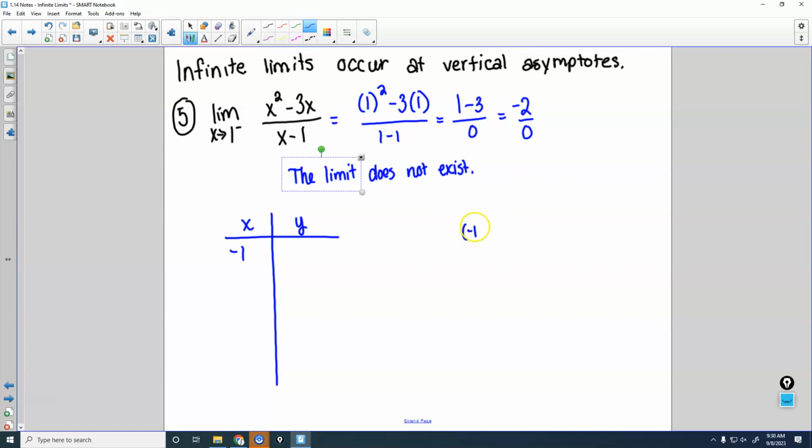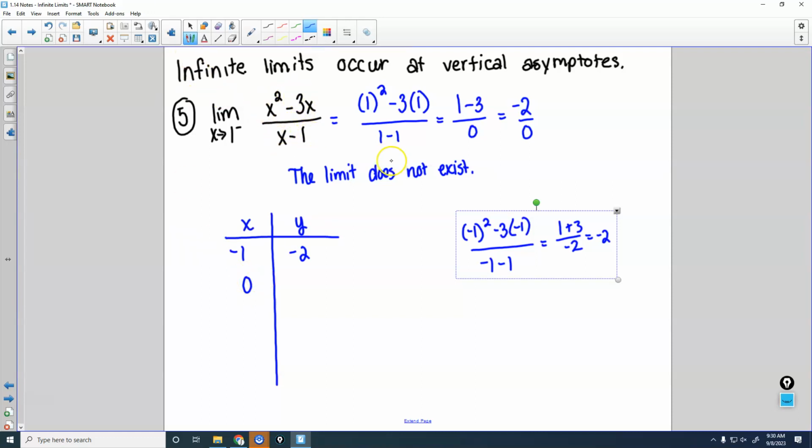So if I have -1 squared minus 3 times -1 over -1 minus 1, that is going to give me 1 plus 3 over -2, which will give me -2. If I plug in 0, I'm going to get 0 minus 0 over 0 minus 1, so I'll get 0